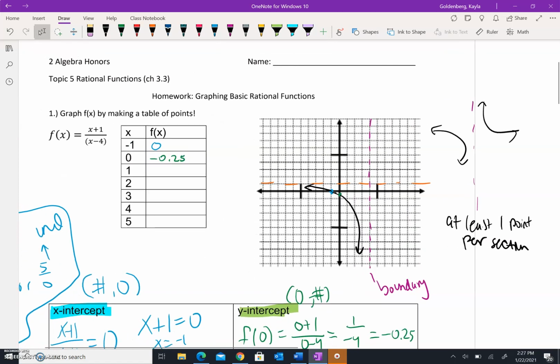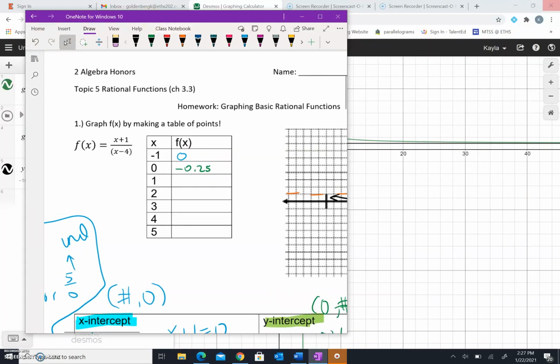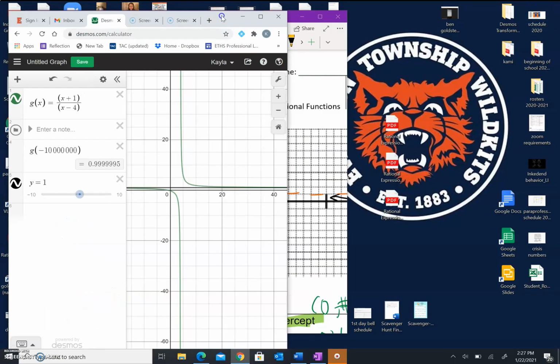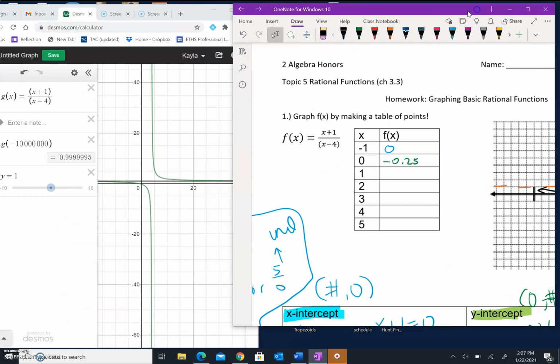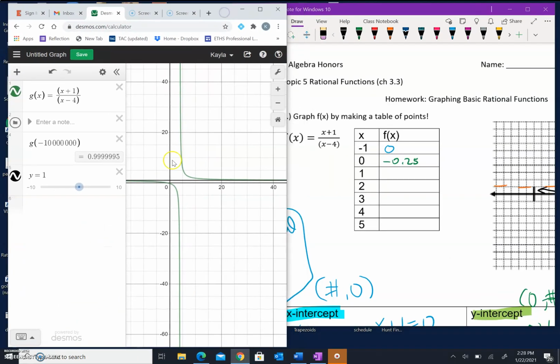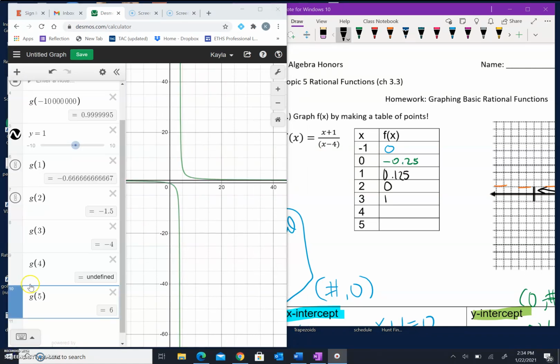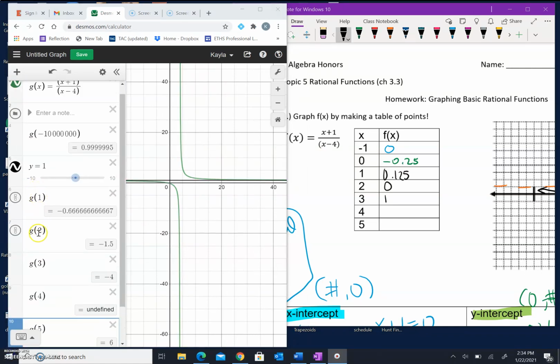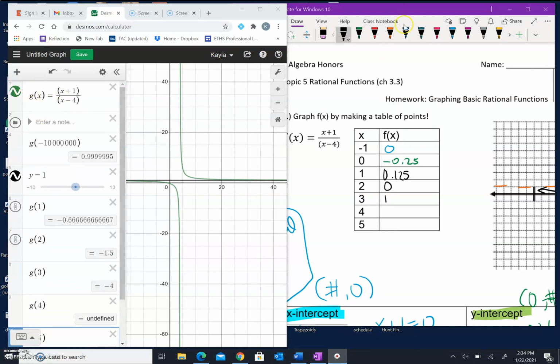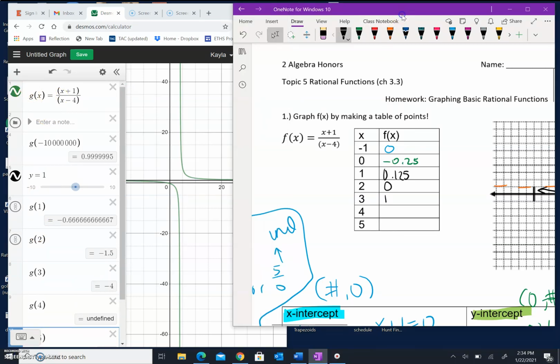So I'm going to use my Desmos, actually. I'm going to use that to generate my other points. So I'm just going to split my screen in half, right? And if I use Desmos, I can just make it a little bit more efficient. I've got my function here. So I can type out g of 1, g of 2, calling back to function g,